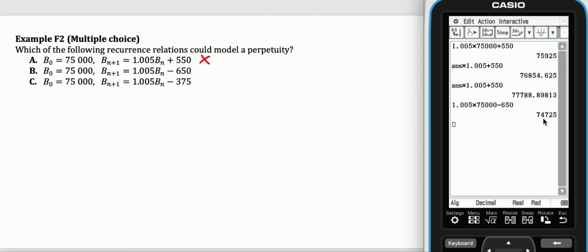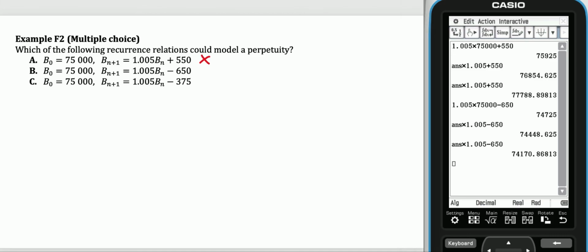Okay, and notice that the value's actually gone down. So this would be the value of B1, but it's $74,725. And if we did repeat the calculation to get B2 or B3 and so on, so multiplying the previous answer by 1.005 and subtracting 650, well, again, you can see the values continue to go down. So that one's not a perpetuity either because the values are supposed to stay the same for a perpetuity. So we can rule out option B, which means we kind of know the answer is going to be C,